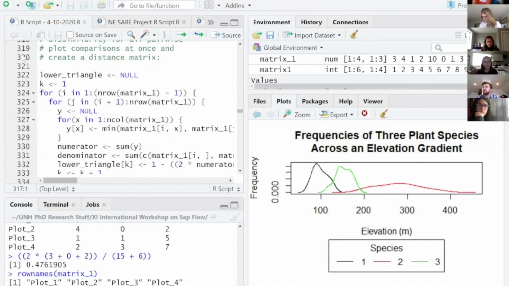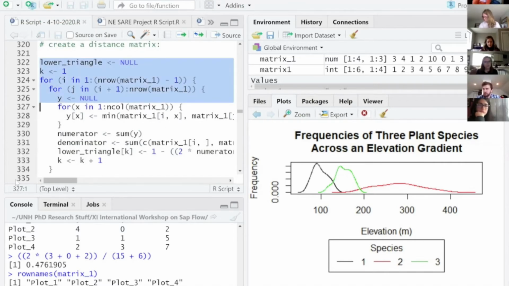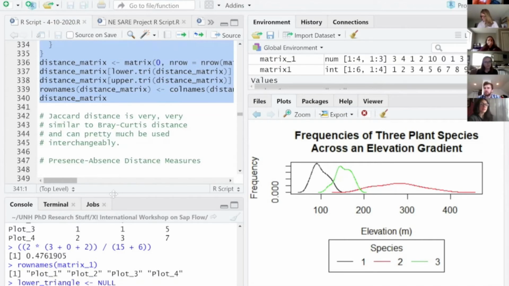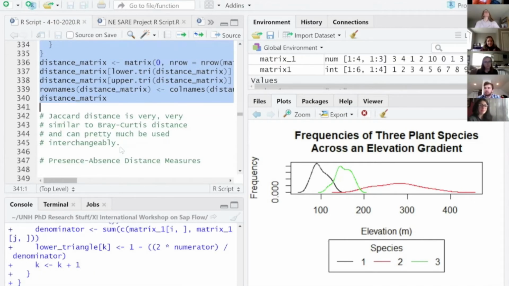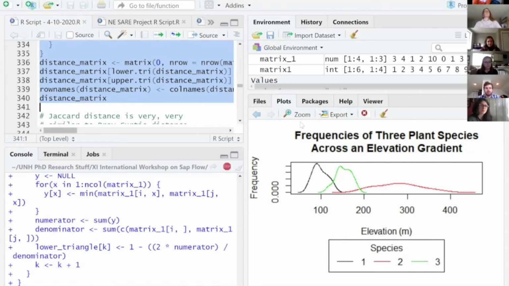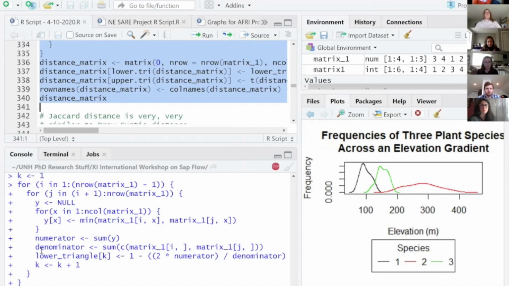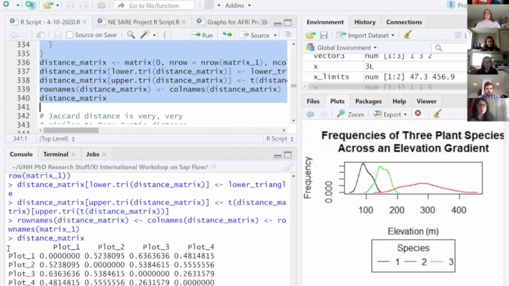So of course we can calculate an entire distance dissimilarity matrix using that same calculation and looking at every single different pairwise comparison that can occur between those plots. And I'm sure you guys have seen these too, but just looking at an example here. This is what we call a distance matrix or a dissimilarity matrix. And it shows the Bray-Curtis dissimilarity between each